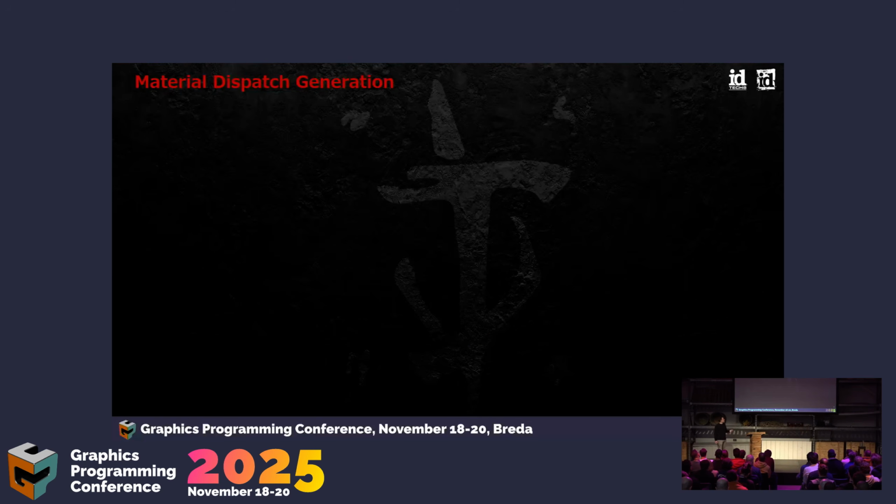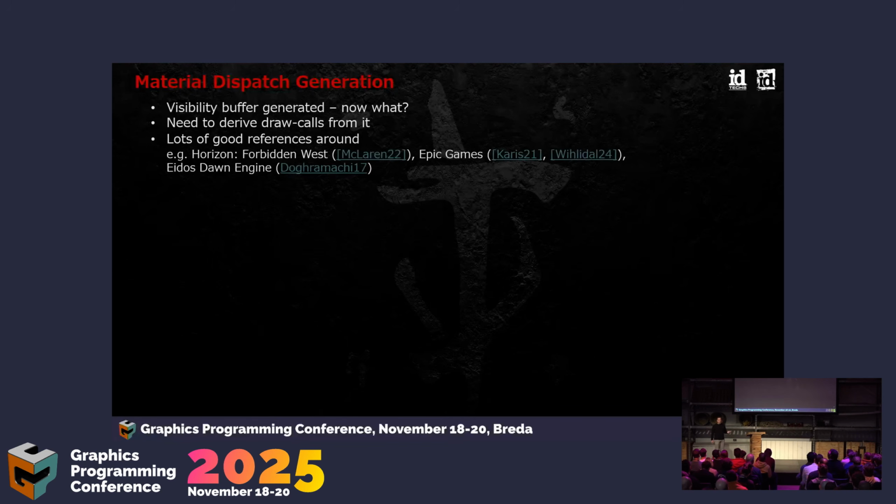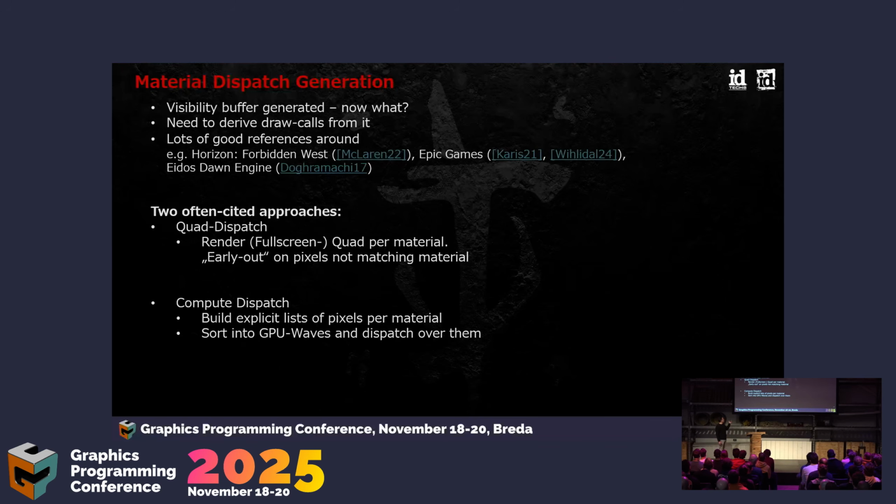All right, we have a visibility buffer generated now. What do we need to do next? We still need to derive some draw calls from it. And for this task, there is some really good reference already around. For example, the great presentation by James McLaren a few years ago, where they talked about how they employed deferred texturing on their dense vegetation for Horizon Forbidden West. But also Epic Games have great presentations, and it even dates back to